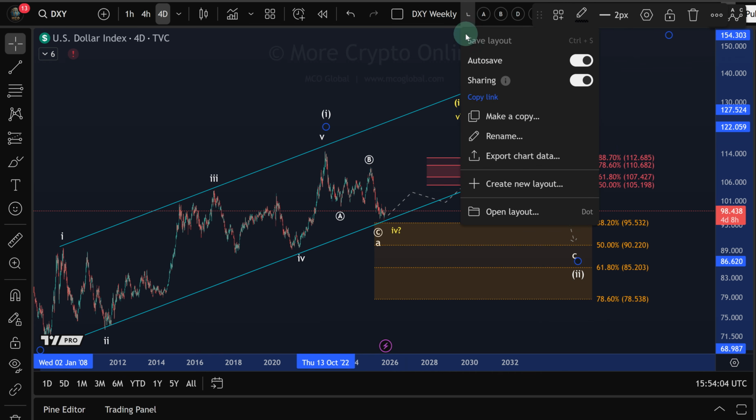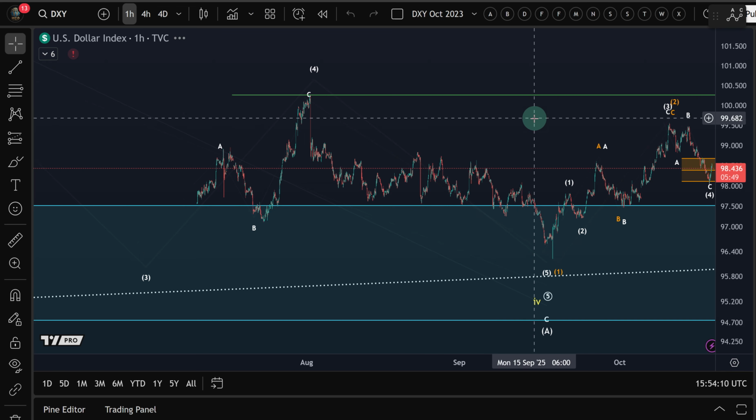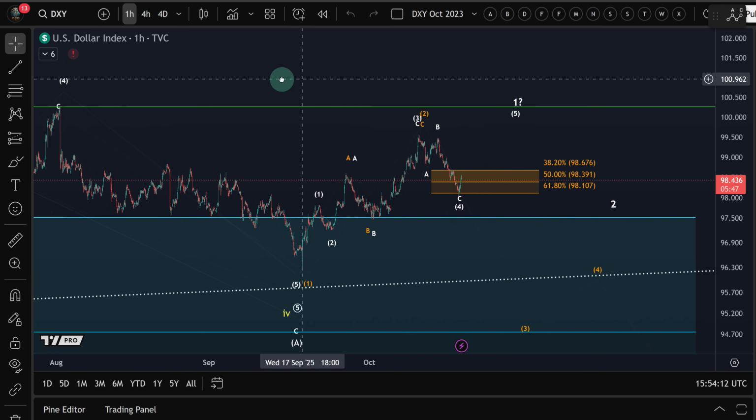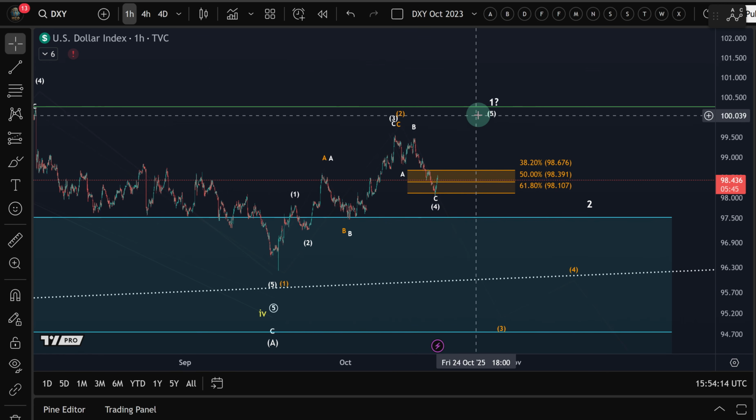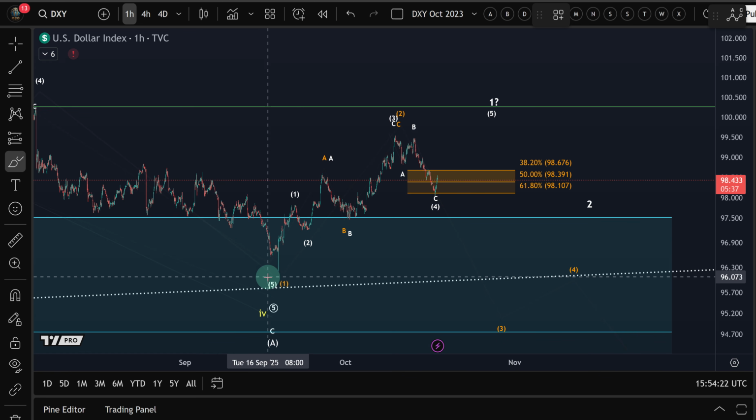Now, I would say let's take a look at the shorter time frame for the DXY. Here it's getting interesting because we're currently holding up the potential for a leading diagonal pattern to the upside from the low that formed in September. So at least a local low formed there. Is this going to be a meaningful low? Are we going back in a larger uptrend?